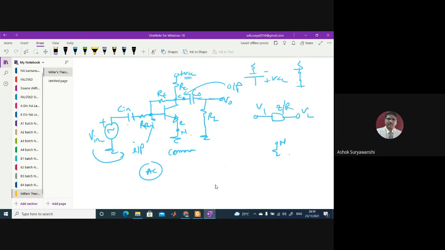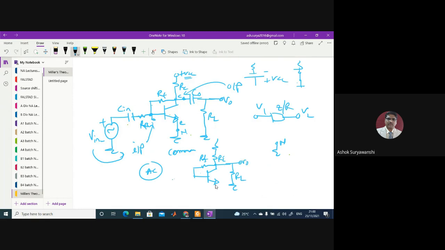So what will be your equivalent circuit? It will be something like this. This is your transistor. Again, you can draw the transistor model also, but I'm not going to discuss that in detail; you can study it in EDC. So this is going to be ground. Your RC and this feedback resistor RF are here. I'm trying to explain Miller's theorem right now, so concentrate on Miller's theorem. This RL will come into the picture here, and this is your V0 on the output side.